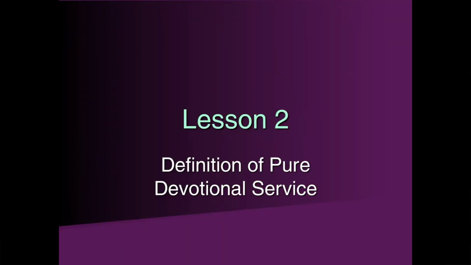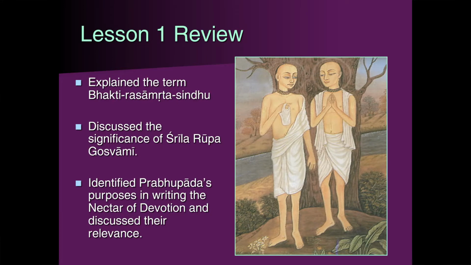Welcome to lesson 2 of our study of the Nectar of Devotion. In lesson 1 we explained the term Bhakti Rasamrita Sindhu and how Prabhupada derived the title Nectar of Devotion. We discussed the significance of the 6 Goswamis and specifically Srila Rupa Goswami, the author of the Bhakti Rasamrita Sindhu, which was considered to be his most important writing. We identified Prabhupada's purposes in writing the Nectar of Devotion, and we discussed the relevance of these for our own